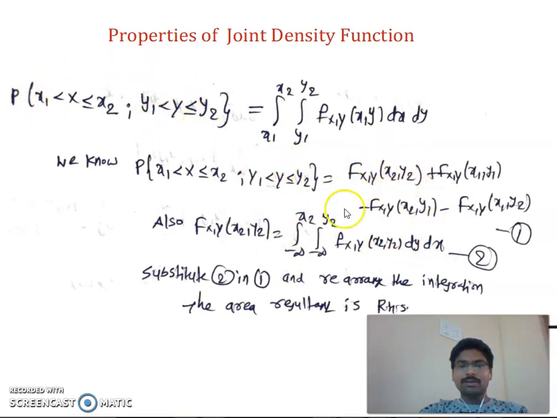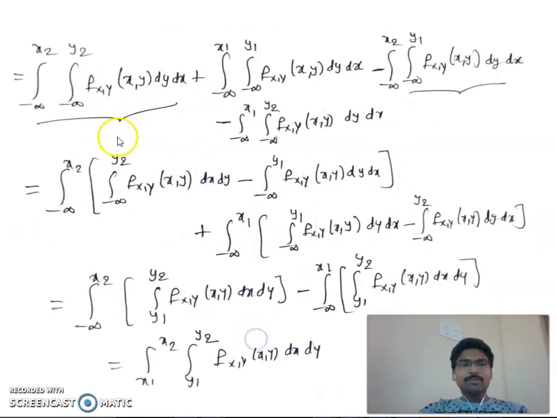After writing this one, I am writing each and every joint distribution function by using this formula. That is, first I am taking the LHS, and I am proving that it is equal to the RHS. So I am writing all the terms here. Fx,y of x2, y2 I am writing like this. So I am substituting all these things. From the first and third terms I am taking minus infinity to x2 common, and I am writing this term, and next I am taking the second and fourth, minus infinity to x1, taking common, I am writing like this.